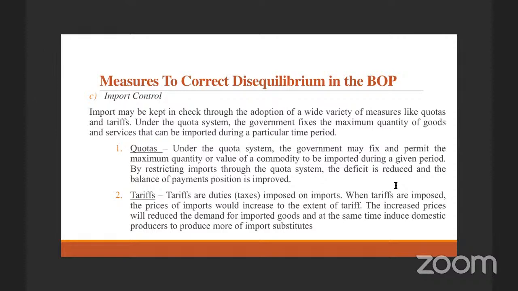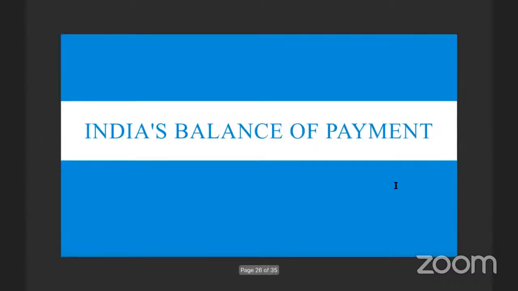That means my pen costs $22 instead of $10. And as a result, what happens? I will be discouraged from importing. That's import quotas, right? Tariffs also, duties also, all these, whatever you call it, some or the other way, you are restricting the flow of goods from other countries, right?